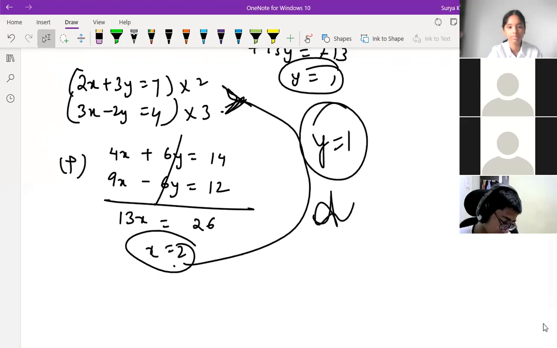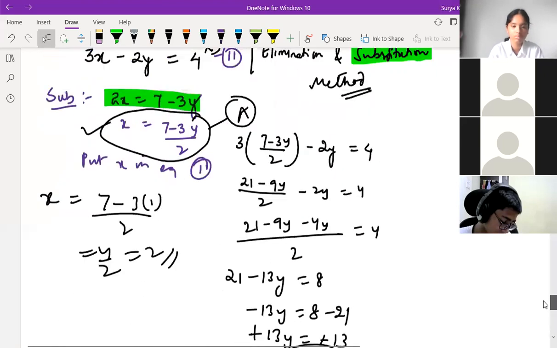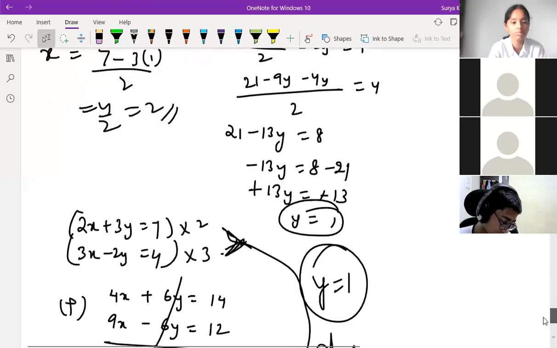Is it clear, children, or not? Yes, sir. Clear. Those who are not getting, they can just copy it across. This elimination is easier. In substitution, you may make a mistake somewhere if your basics are not good. In 8th class, if linear equation in one variable, chapter number 3, is not proper, then you may have difficulty in that. Substitution method, somewhere you may make a mistake, but elimination is the easy part.